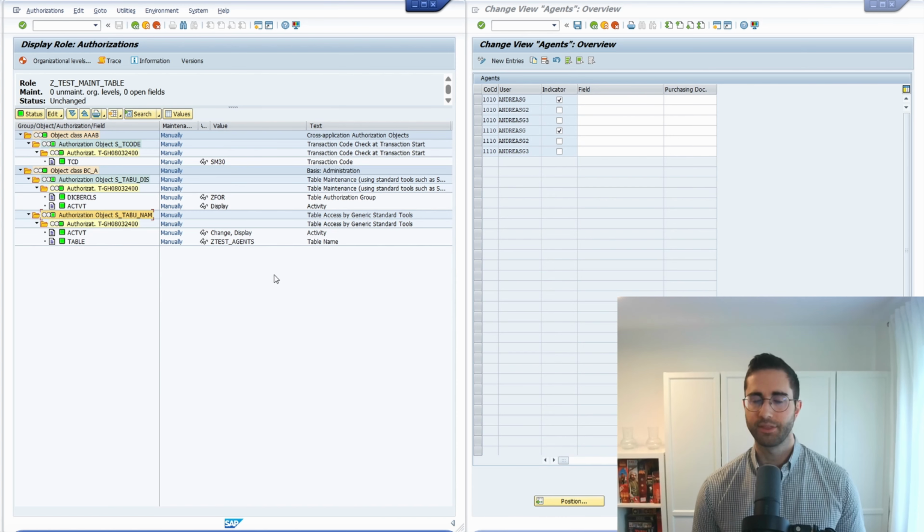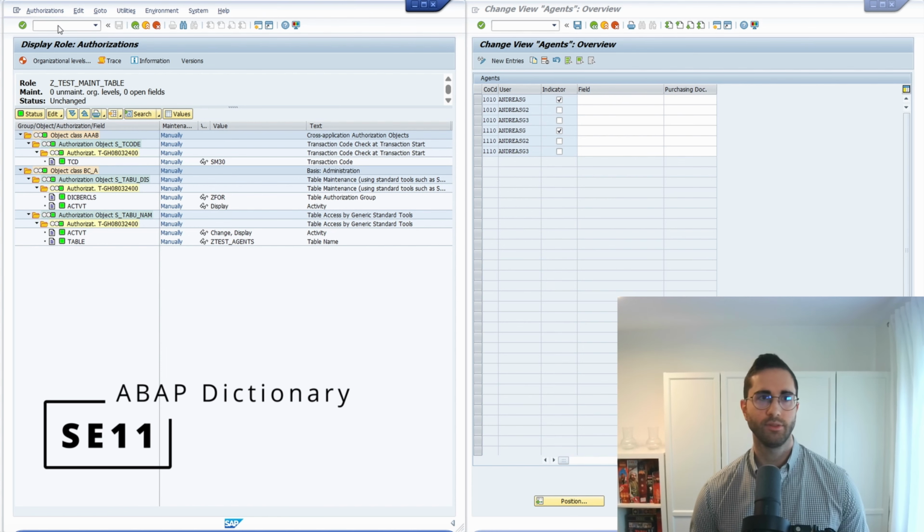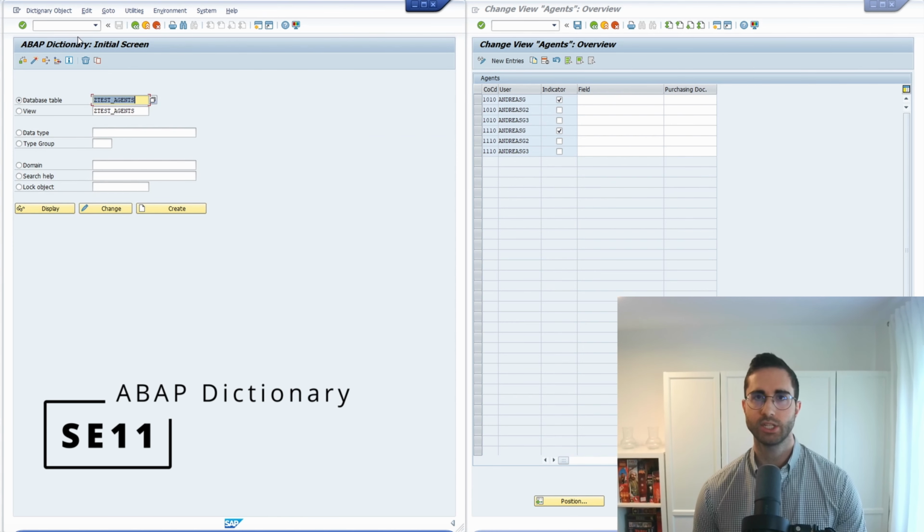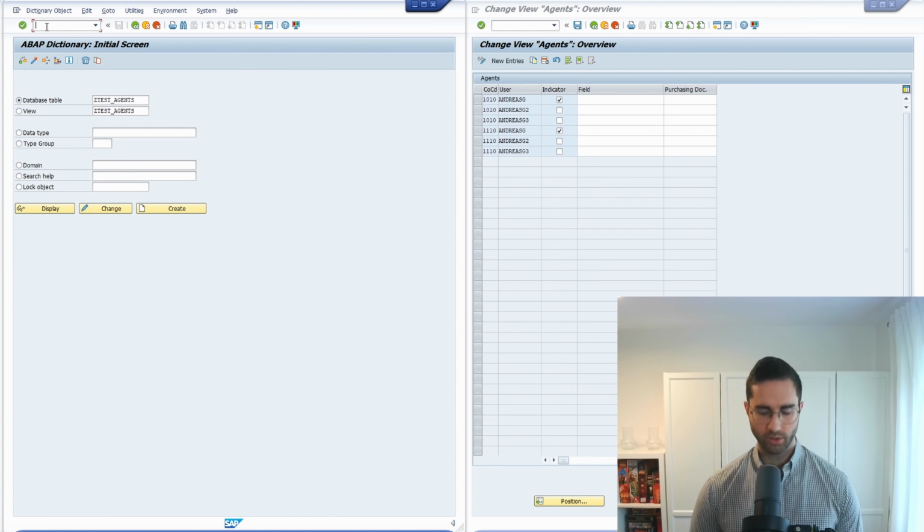And the third approach you can do besides these two approaches is to put an authority check directly into the coding of the maintenance view. And therefore we first of all go once again into the ABAP dictionary, so the transaction SE11. What you also can do is you can open up the